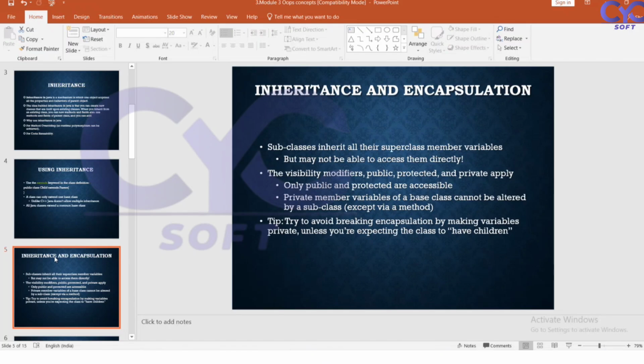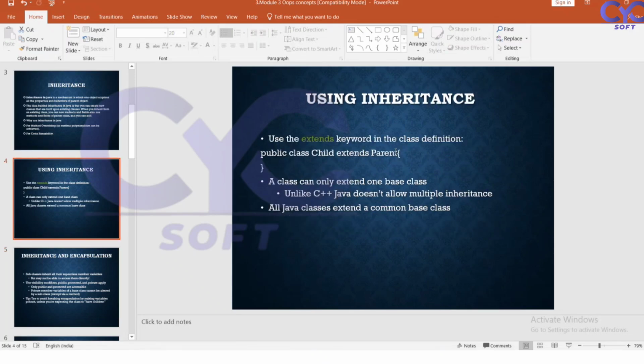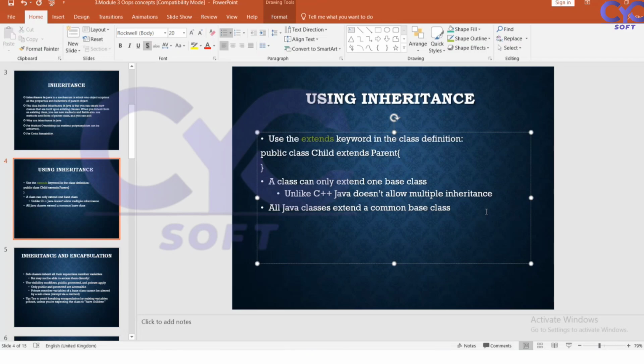A subclass inherits all the superclass members and variables. Whatever is in the parent class, for example, in my parent class I have some variables, like chair, sofa, kitchen, reading room. In the child class, since it is not sufficient,